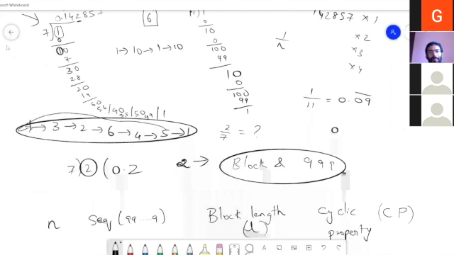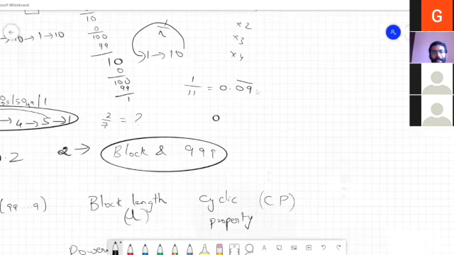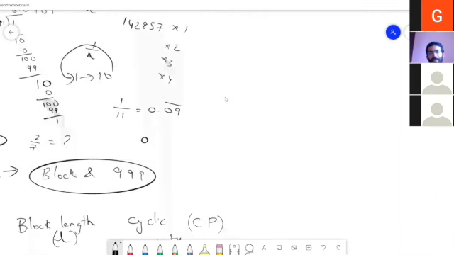If you see the remainder cycle for 11, it is 1, 10, and 10 goes back to 1. For 3, what would the remainder cycle be? The first remainder would be 1, and 1 goes to 1 again. Yeah, so it's a self loop. It is in a loop. So this remainder will keep on occurring.